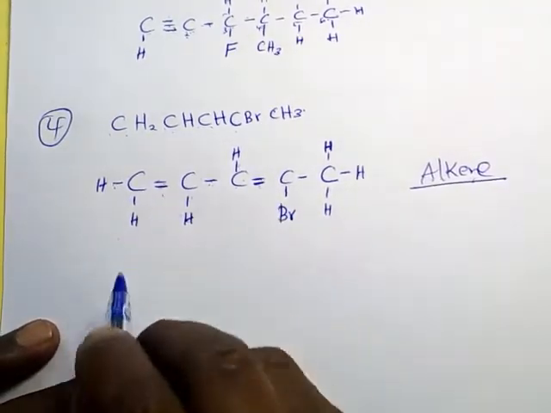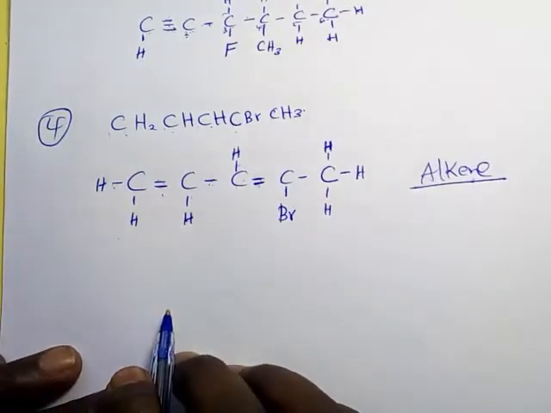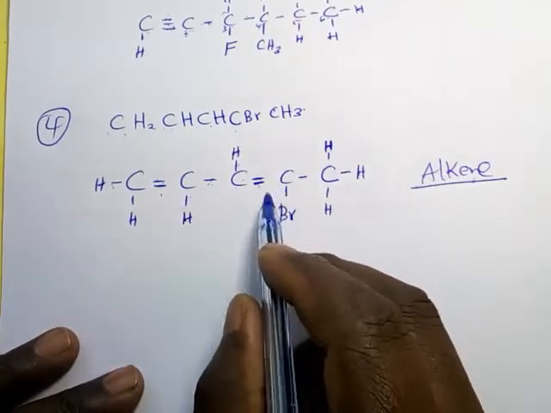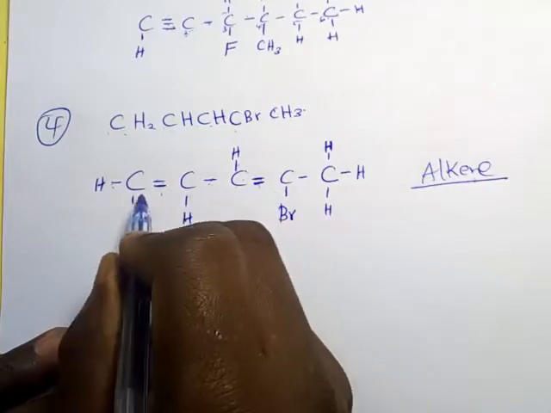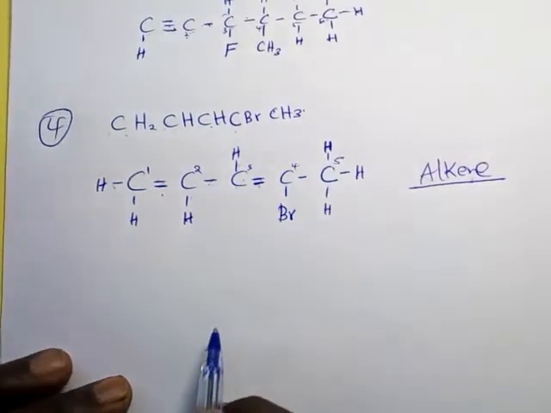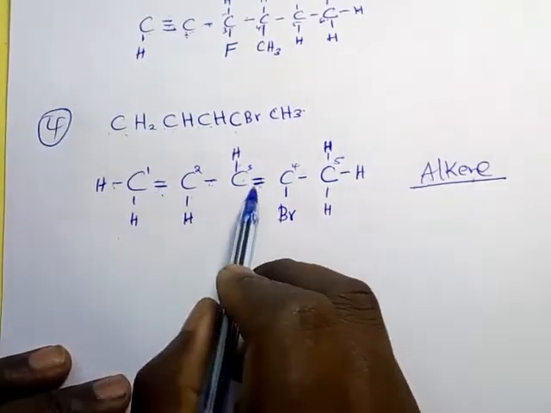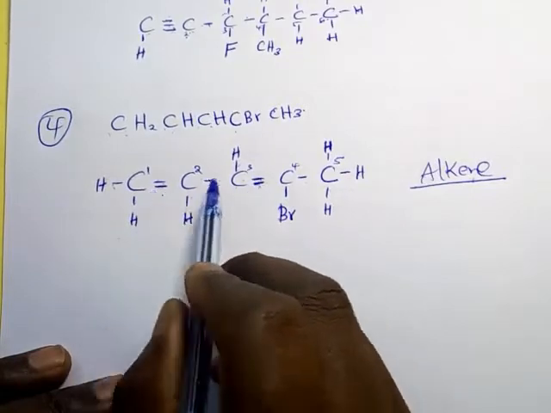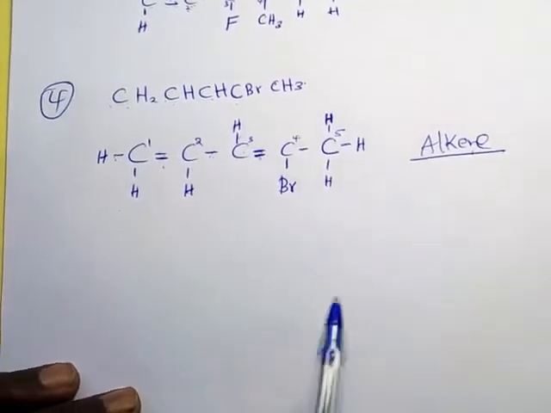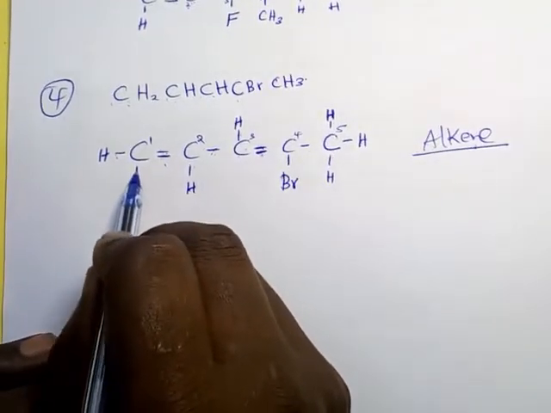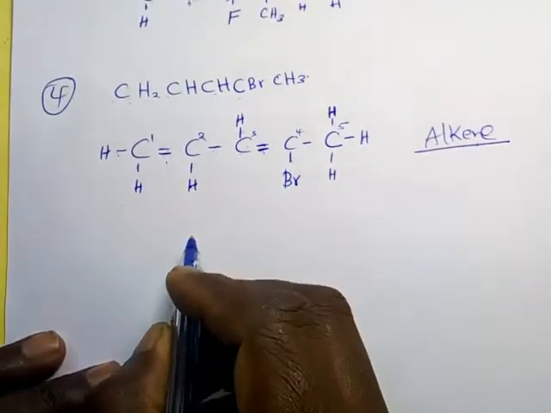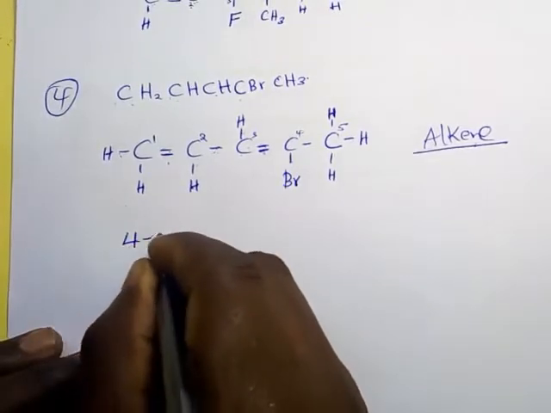Why? Double bond. Now let me go ahead and give it a name. I will number this hydrocarbon such that I give the functional group the smallest number. So I will start here. 1, 2, 3, 4, 5. Another thing you can see is that we have two functional groups here. I am going to show you how to write them down. So first, on carbon number 4, we have bromine. So we will start there. 4 bromo,